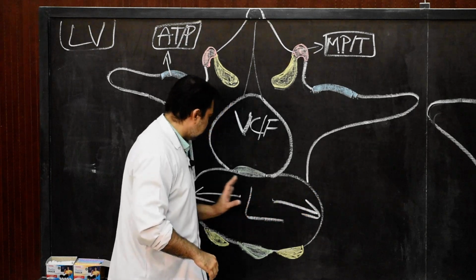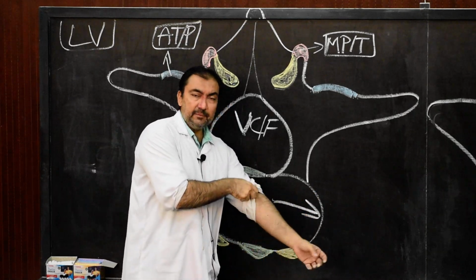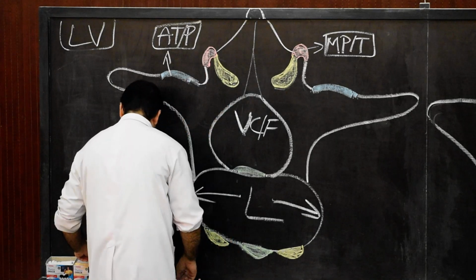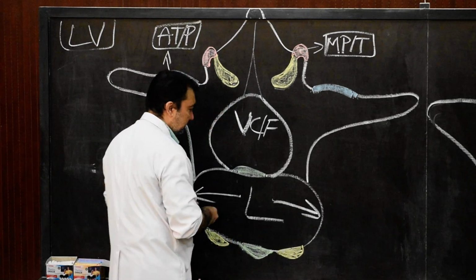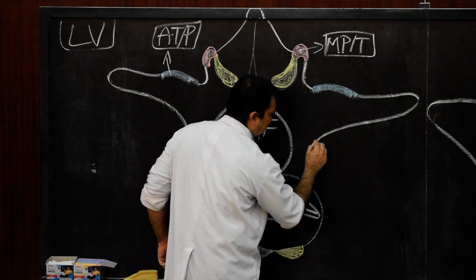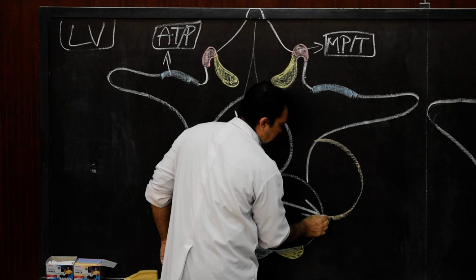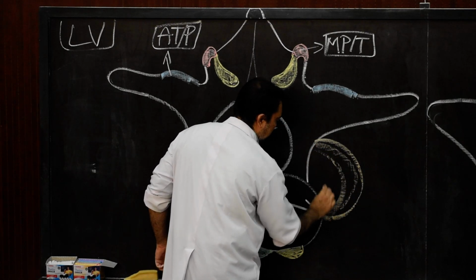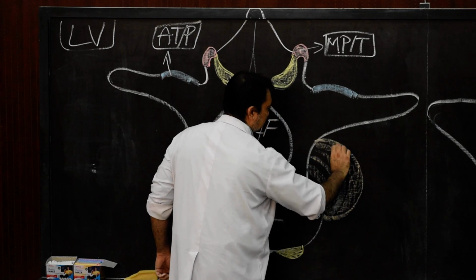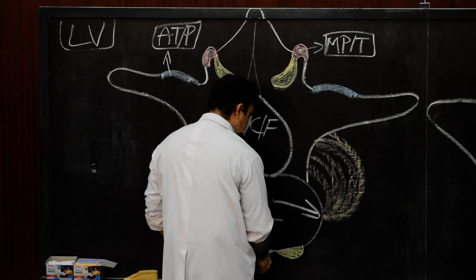Then we move on to the sides. On the side of the lumbar vertebral body, there will be attachment of the psoas major muscle. So here there will be attachment of the psoas major muscle. This is the psoas major. Remember, it is a cross-sectional view. This will serve as the attachment of psoas major muscle.